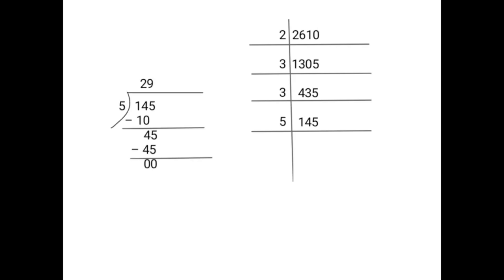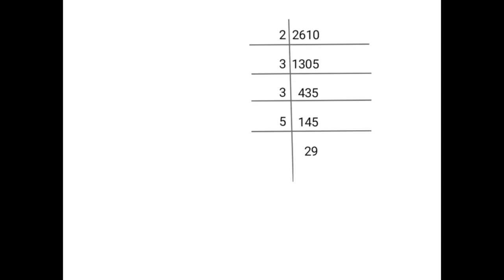I have divided 145 by 5. Quotient is 29. 5 29s are 145. 29 is a prime number. It is not going in any table. So 29, the divisor, you have to take as it is. 29 ones are 29.